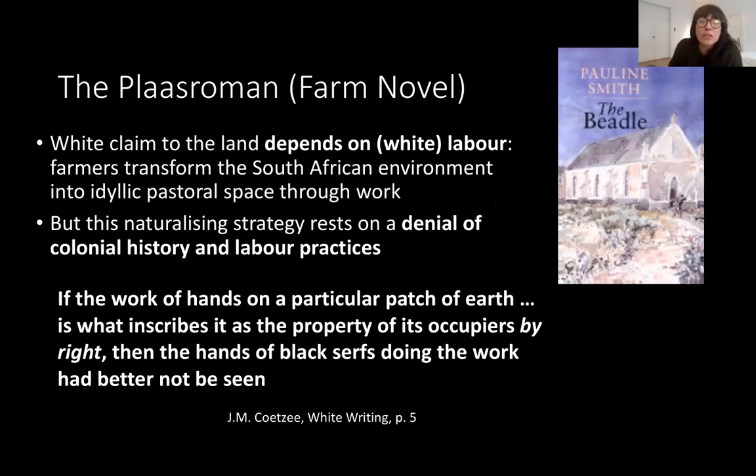It is because they have worked to transform the land from wilderness into an idyllic pastoral space. So through work, which creates the pastoral idyll, the literal aesthetics of the pastoral, the white farmer and his family assert their claim to the earth. Coetzee's point,